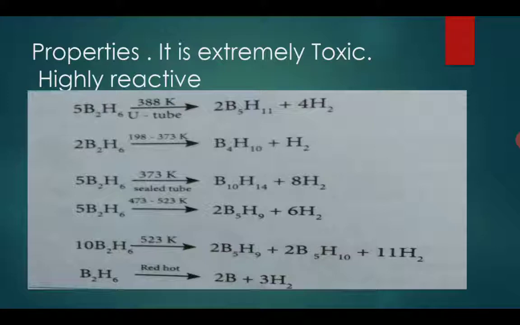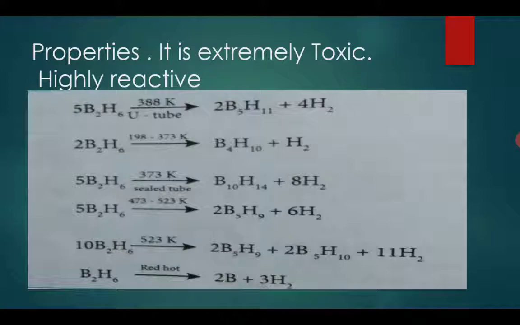For example, the first reaction: diborane, when it is taken in a U tube at 388 Kelvin, gives 2B5H11 plus 4H2. This is a type of borane. Similarly, we have many other types of borane. If you see below, diborane at different temperatures gives boranes of different combinations. In the second equation, you are getting B4H10 at 373 Kelvin,